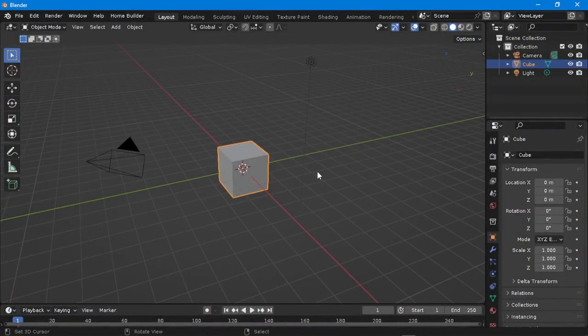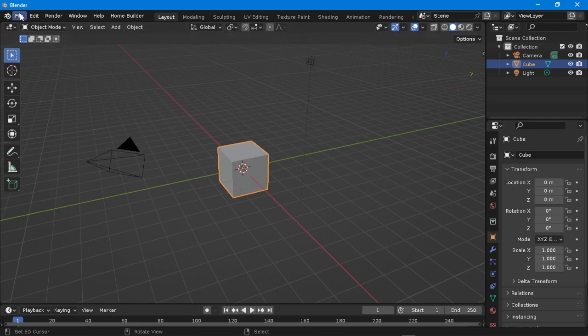Today we're going to be learning the basic object transformation. Now, when you open your Blender, this is the first thing you see. Now, we're going to see these three objects. This is the light, and then this is the camera. Now, we're going to talk about the workspace immediately, but before we go on, there's something I would like you